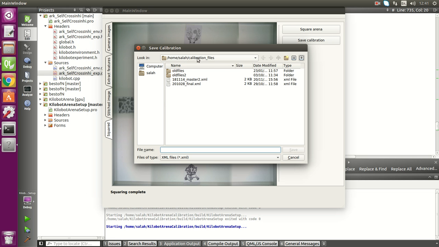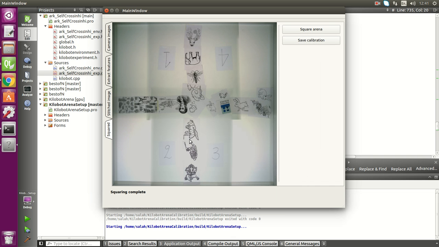So we can save in this calibration file part, and we call it, this is the day of today, 2020 October 28. We call it video because it's during the video that we're recording, and we save. So we have saved this calibration file. So what is this calibration file needed for? We close this